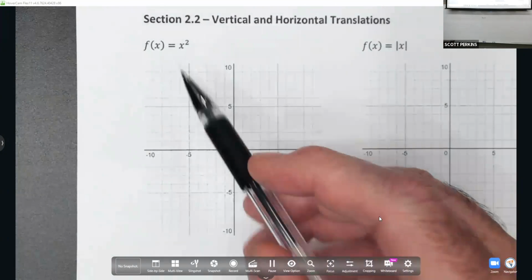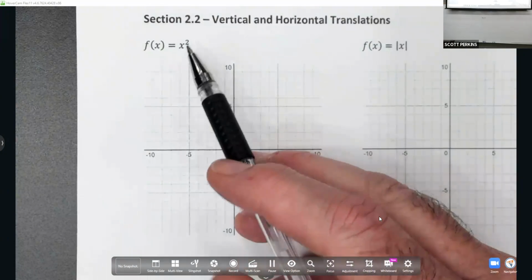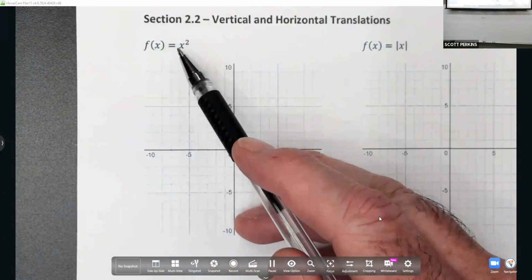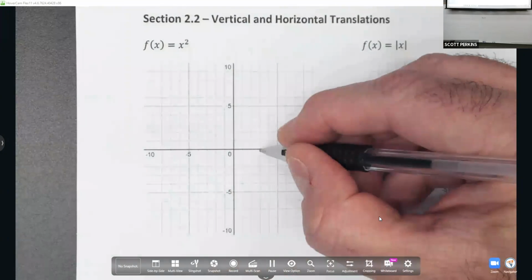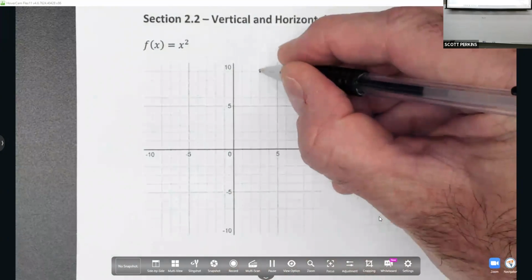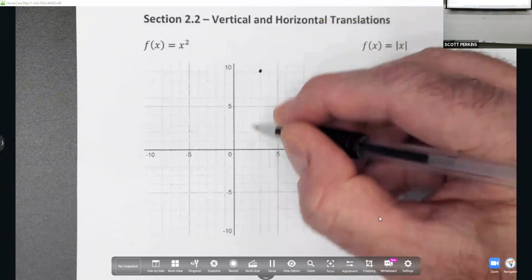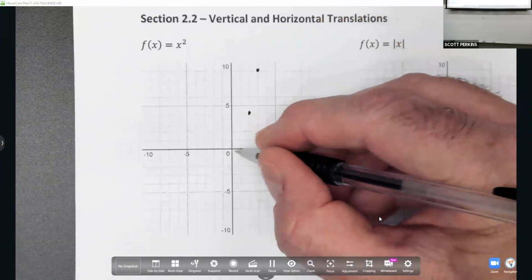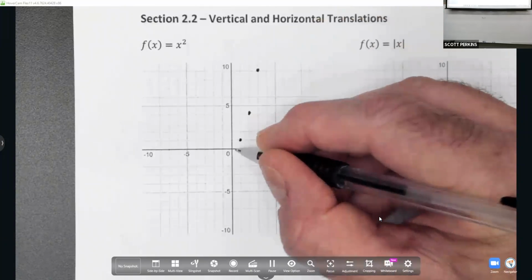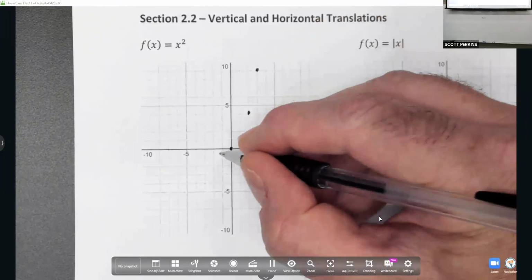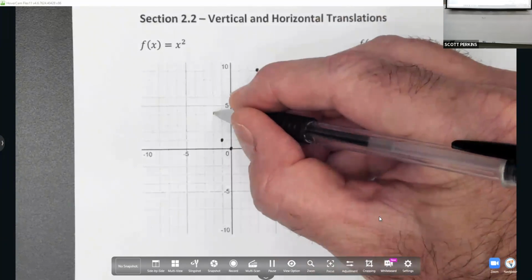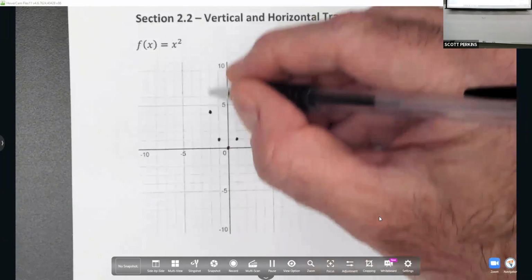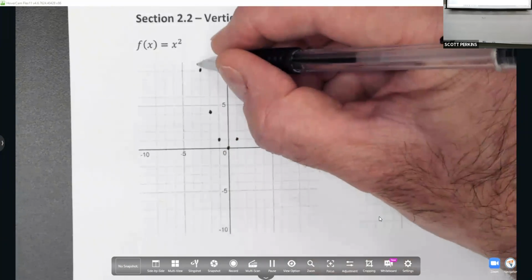So the first one is f of x equals x squared. So what this means is for every input, I am squaring. My y value is the square of the input. So if I go over 3, when I square 3, I've got 9. If I go over 2, when I square 2, I've got 4. When I go over 1, I square 1 is 1, 0, 0. When I go back 1, I square negative 1, I get 1. Back 2, square negative 2, I get 4. Back 3, I square negative 3, I get 9. And here is my